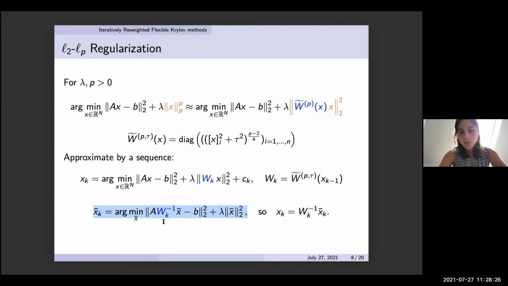And actually, because this preconditioning incorporates some previous information of the solution, because it's been evaluated in some previous approximation of the solution, or some approximation that we thought was good enough,